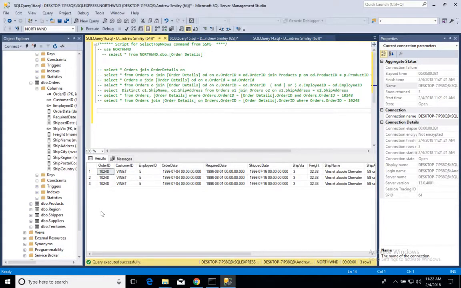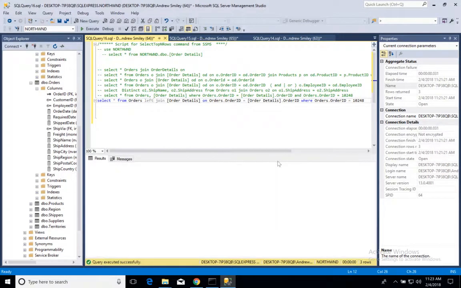And so when we do an outer join, we're going to use pretty much the exact same syntax, right? The difference being is we're going to specify a keyword left, right, or full. And so what a left join does